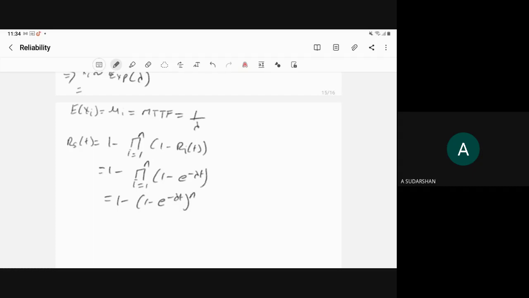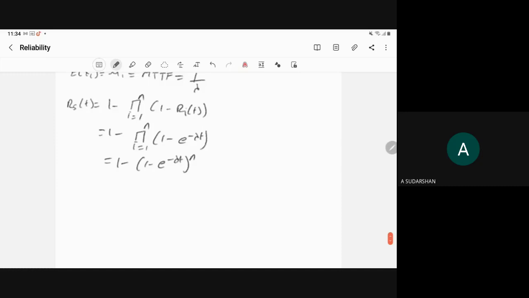Clear? So this is the reliability of the parallel system having n components with constant failure rate. Now, if you have to compute the PDF of the system, we know that it is the negative of R dash t. So when we differentiate, minus n times 1 minus e to power minus lambda t to power n minus 1